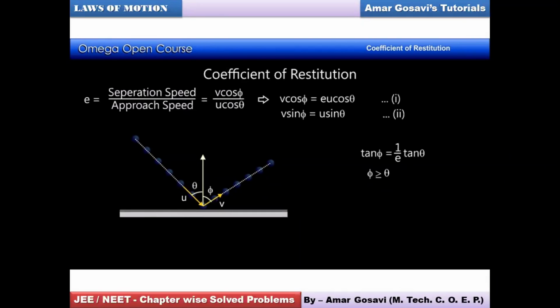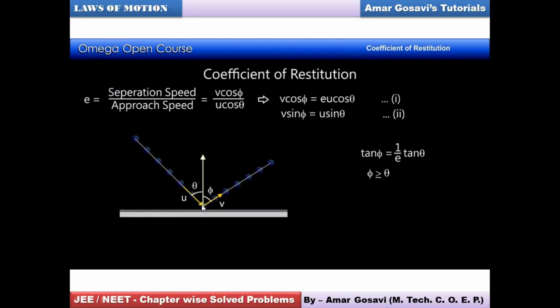Okay, once again I'll repeat it for you. See here, the ball is hitting the floor in an inclined manner, not a vertical manner. And what's the angle of inclination with respect to vertical? So theta. And initially it was moving with speed u. So which component of u is vertical then? Obviously, adjacent to theta will be u cos theta. Therefore, here I have used u cos theta in the denominator.